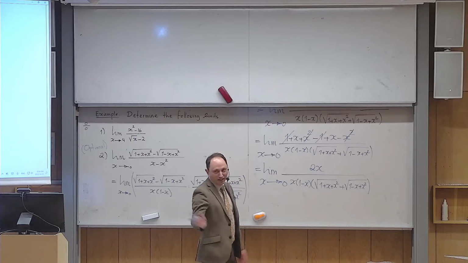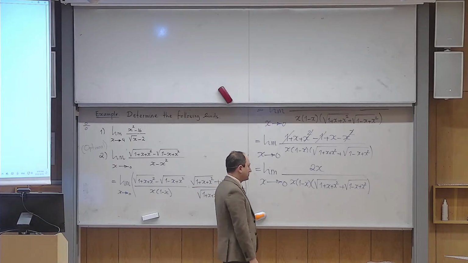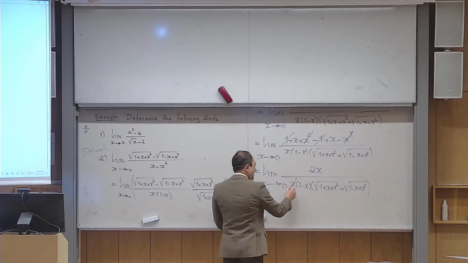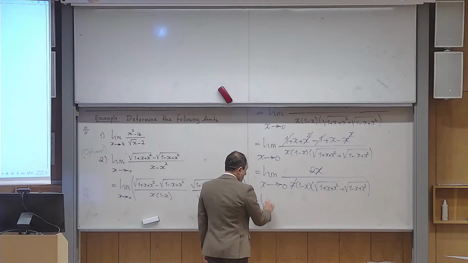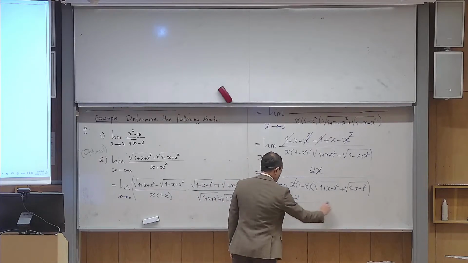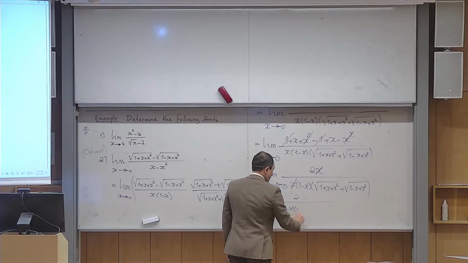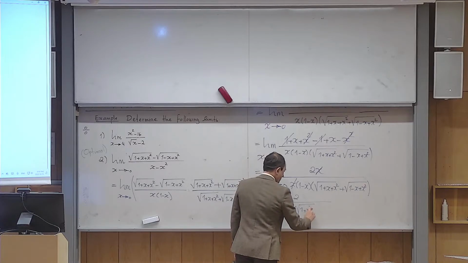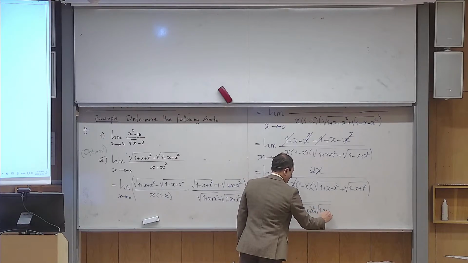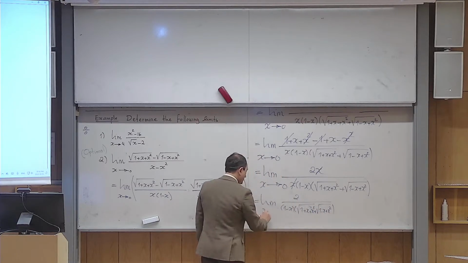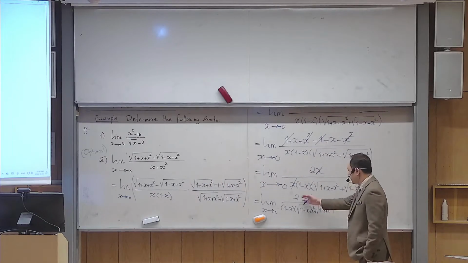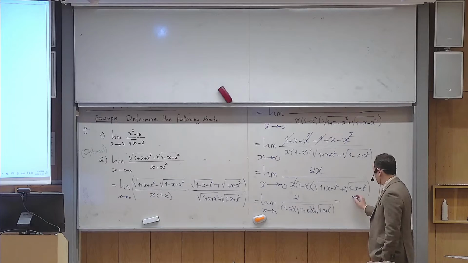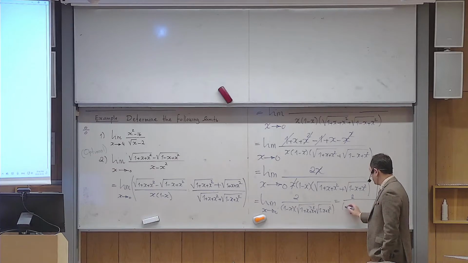No, I don't know. Might be I have typed that wrong in the GeoGebra. Let us see. So this x and that x are gone. Okay? So let me not be lazy, just one more time. And then x goes to 0. Now everything is fine. If I have to replace x with 0, the numerator is 2, the denominator is